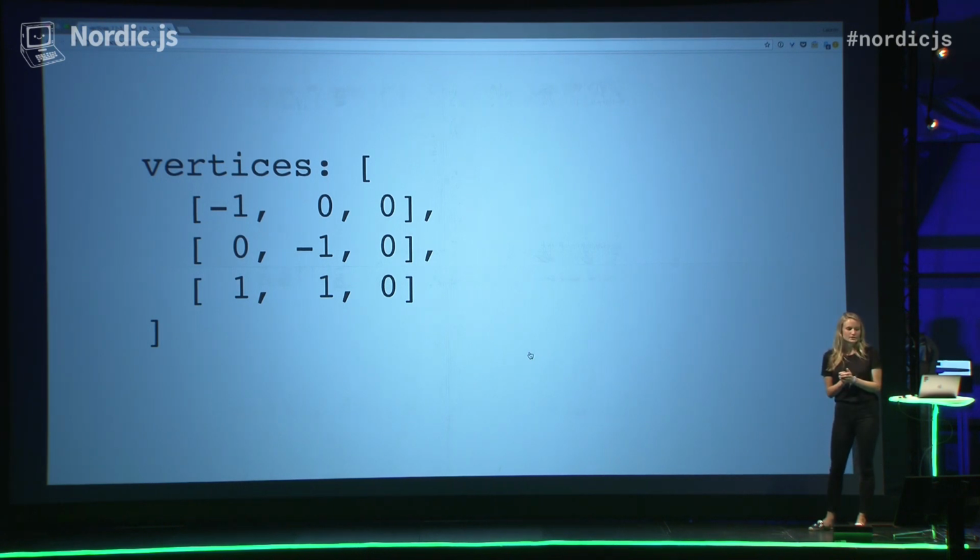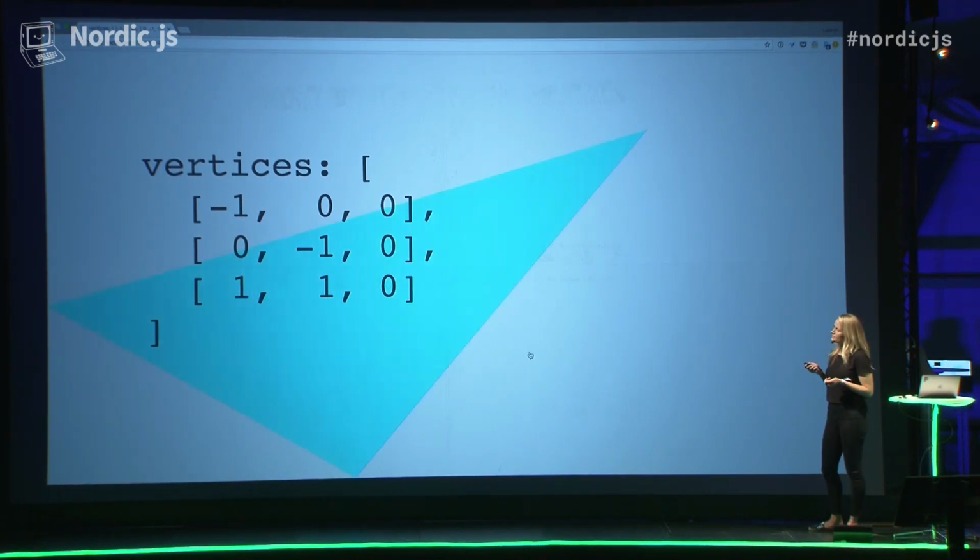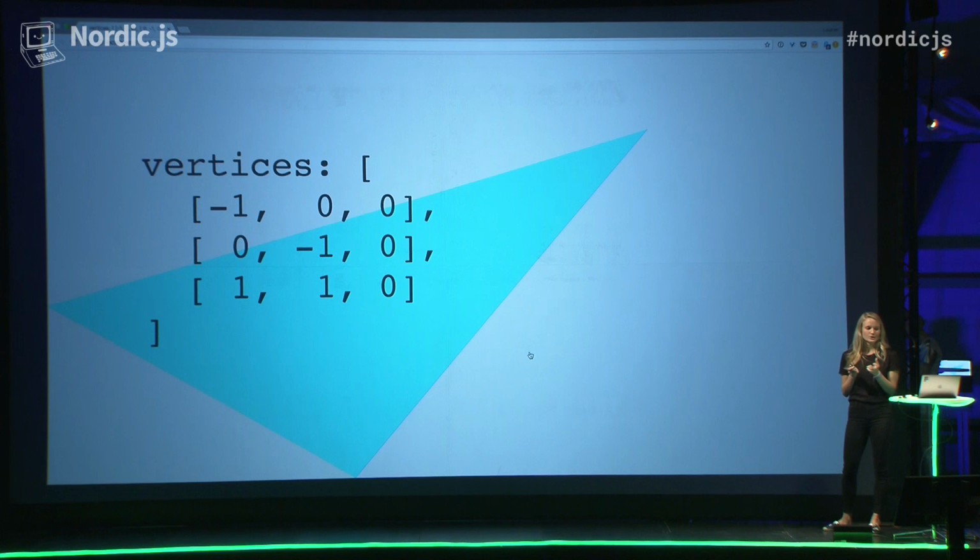So here's a pretty basic example, assuming we don't know linear algebra and we're not going to need it yet. Here's three vertices between which I want to draw one triangle. Those are x, y, z coordinates. So I set it up, and then I can draw this triangle, which is easy enough. And it shows up on our screen. But you may notice that this data is all really clean. They're all pretty small integers. The triangle data,